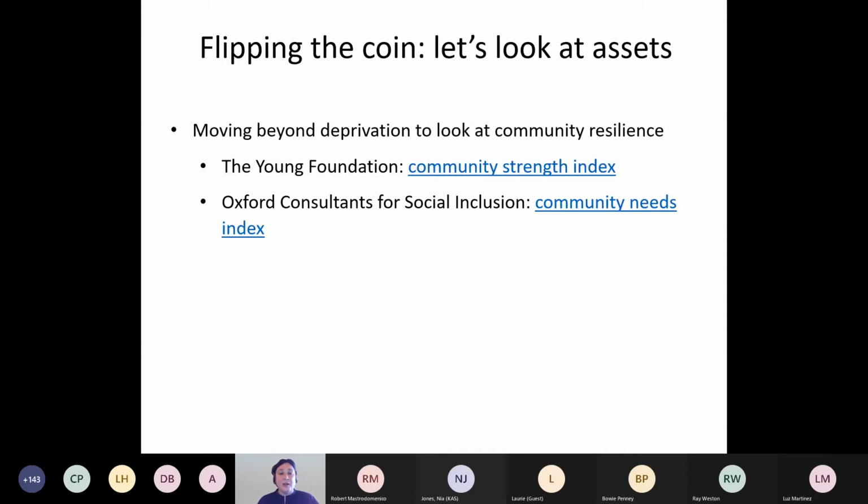It can be used to look at communities that, on the face of it, look quite deprived, but they've got quite a lot of community resilience. There's a good community spirit, that kind of thing. So, it's not all about the negatives. There's also looking at the resilience factors, and that's become much more prevalent in the past few years. And I think that's a really good thing. So next slide, please.